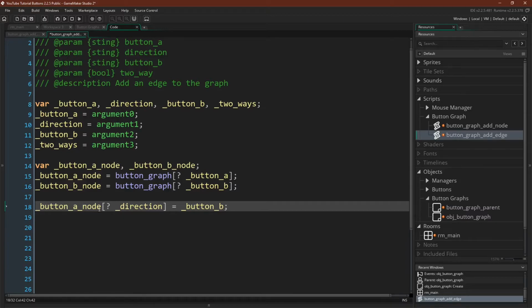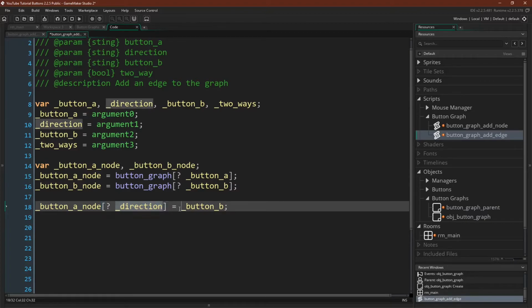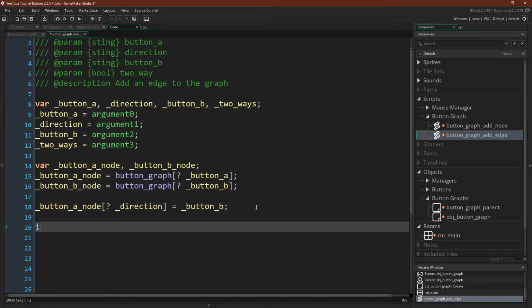Well, it takes our node, which is a map. So we're using a map accessor, and we're saying set direction to button B. This means that it will look direction up in a map, which is a key, remember, because we're passing it in as a string. And if it doesn't exist, it will write button B into that direction. And if it already did exist, button B would overwrite what's going in. And now we want to say if this direction is supposed to go two ways,